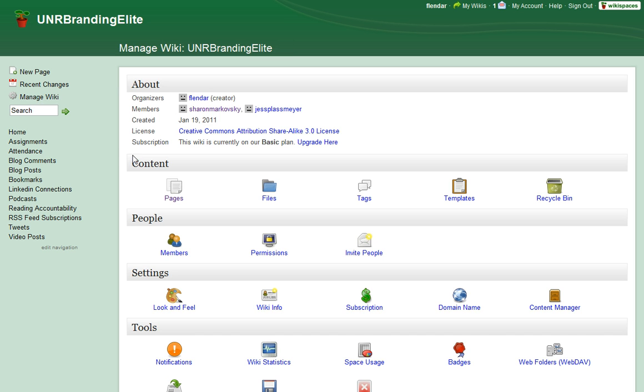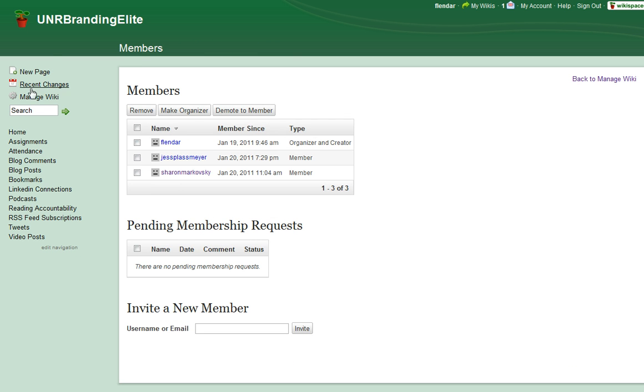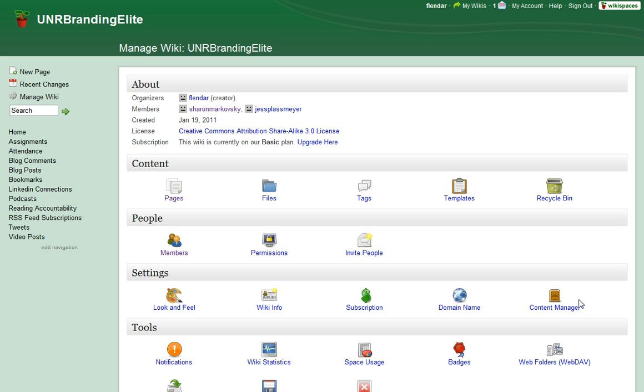Beyond that, there are so many options. You can add more members, you can set permissions for specific pages, you can play around with them, click on them and look. You can see exactly what's in here. The worst thing you can do is maybe screw something up, and you really can't screw a whole lot up because you can look back at history and add back in everything that you took out. That's the beauty of wikis, is that they have a history to go back on. So I hope that helps. I hope that extends your knowledge, and